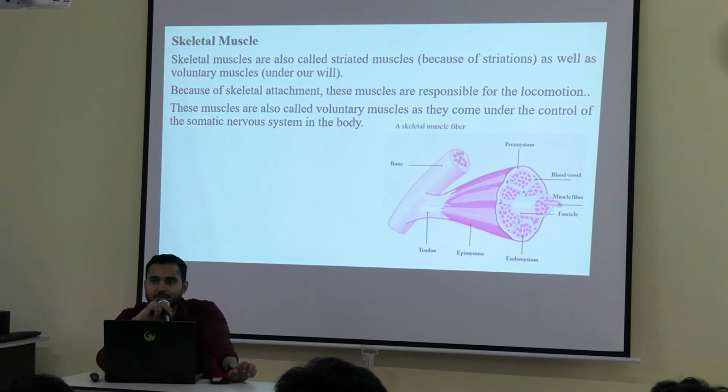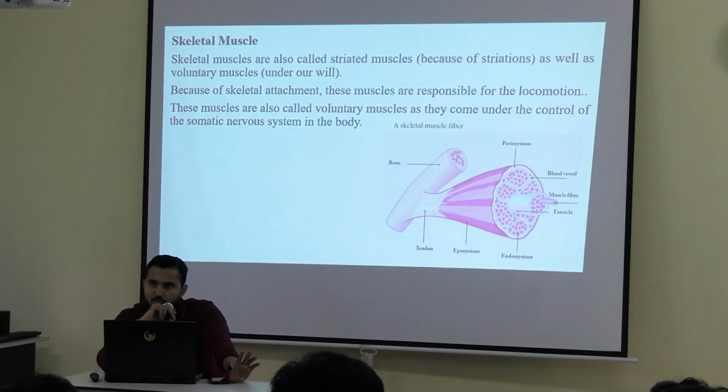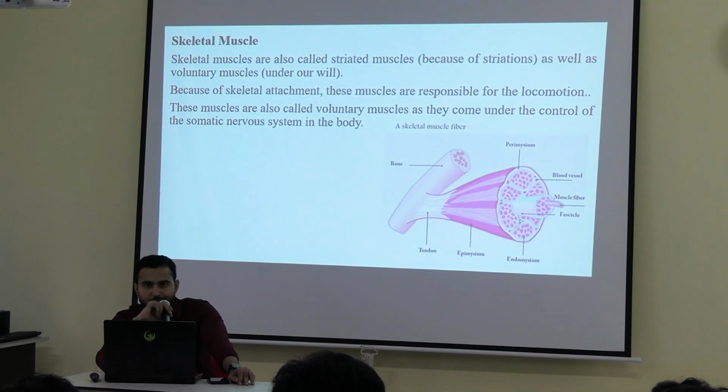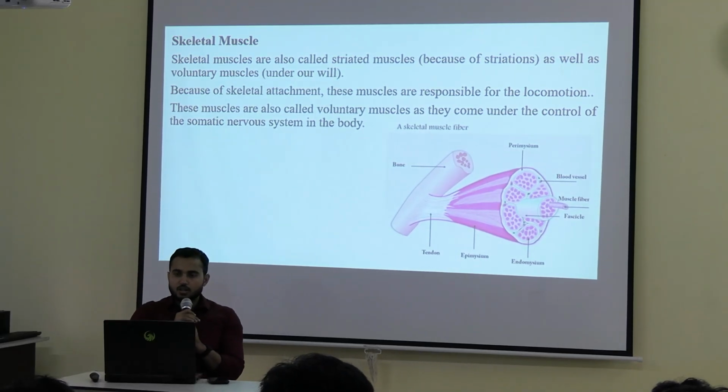Okay. Right now it will be difficult for you to understand what is somatic and what is autonomic nervous system. But just keep that in mind. Somatic nervous system means we can control it by ourselves. Once the nervous system chapter starts, at that time things will get clear. Next,